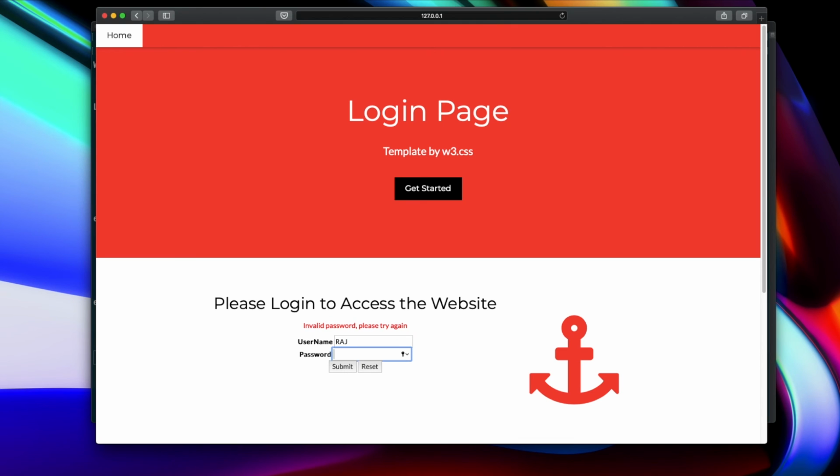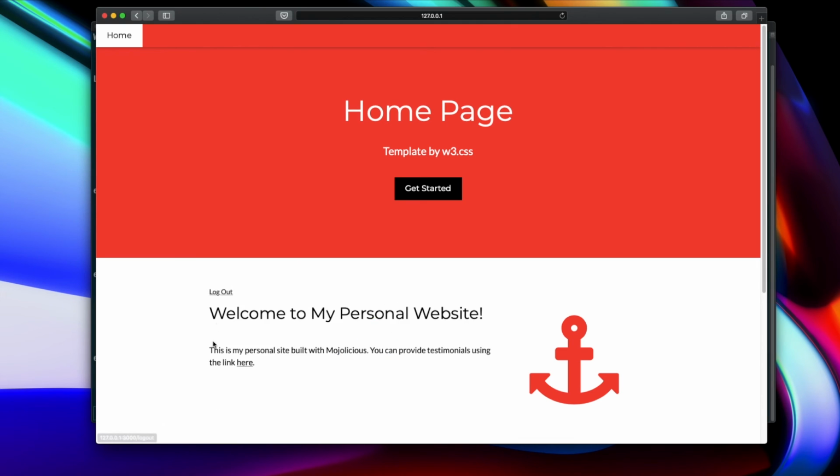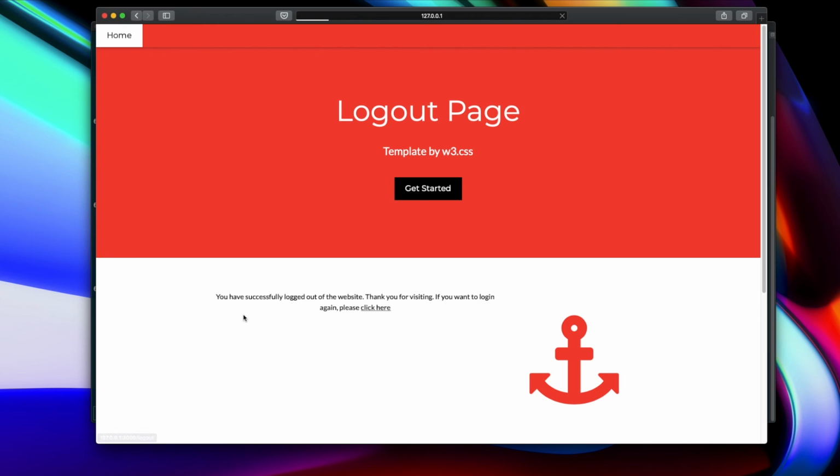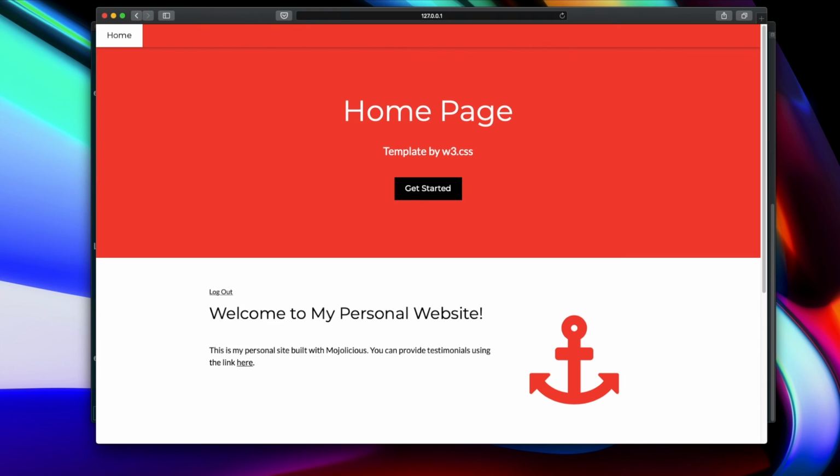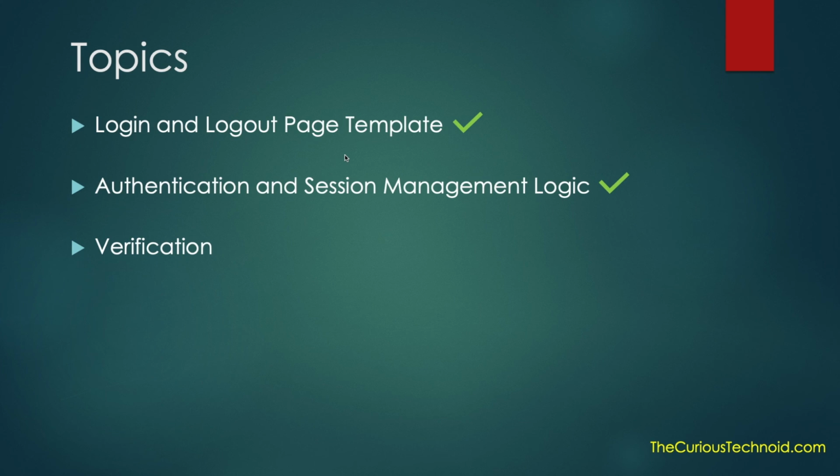If I give the correct credentials, I'll be able to access my home page. And if I click logout, I'll be logged out from the website. Let me log in back again. We have successfully secured our website so that only registered users can access it.